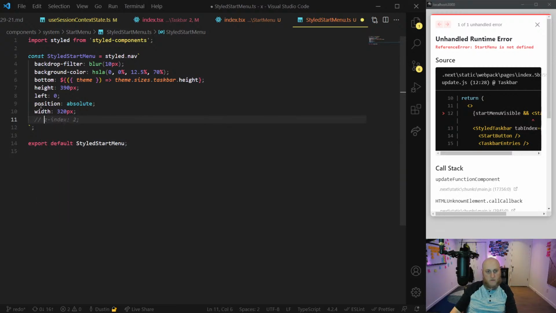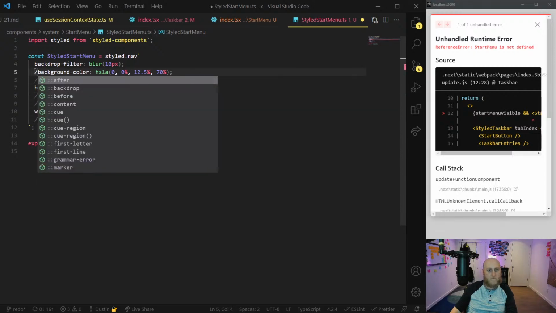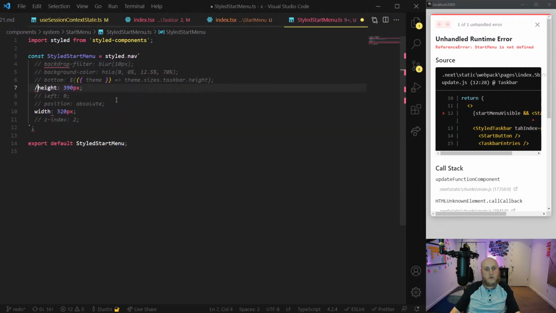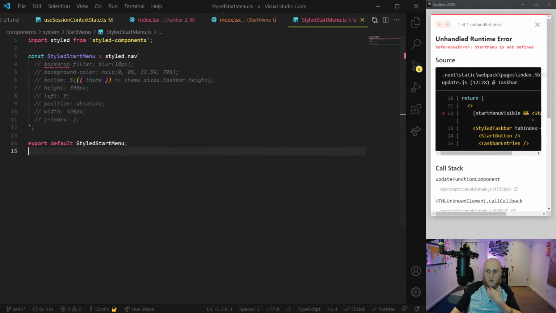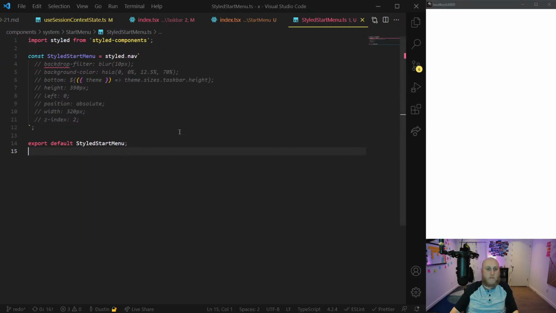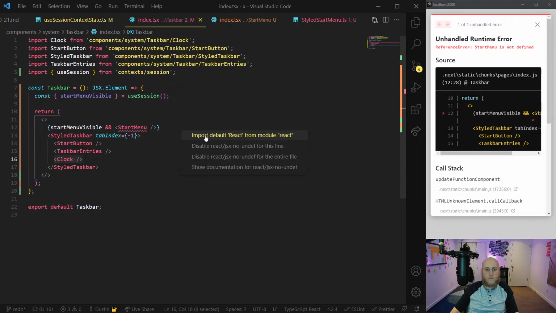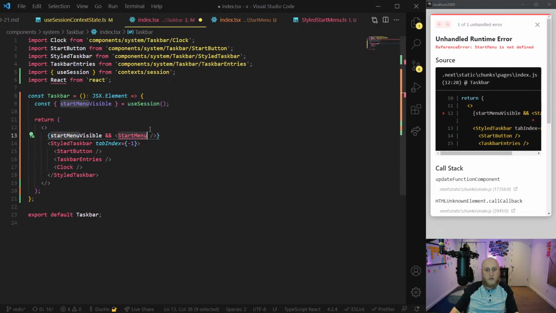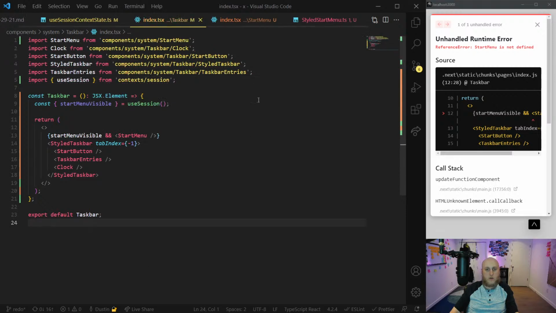But let's get rid of a few of the things here. Actually, this is okay because I do want to comment out each thing one at a time. So I think we have enough now where we can try it out. So we'll check it out at the top here. When I click, oh, I haven't imported the start menu yet. Let me import it here. Oh, that's not the right thing. That import sucks half the time. So we'll just copy this from laziness and say that that's start menu, just like that. And reorganize. There we go, we got our start menu now.